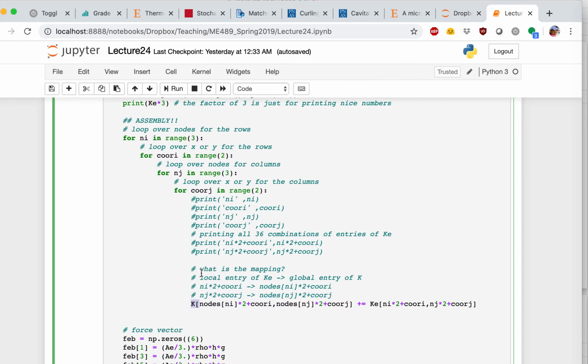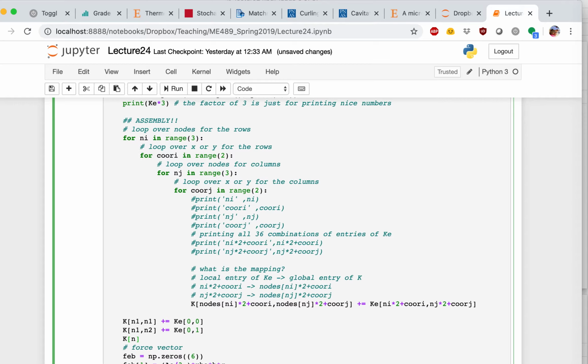What I've done in the past, for example for the heat transfer problem, is K n1 n1 plus equals KE 0 0, right? And then K n1 n2 plus equals KE 0 1,